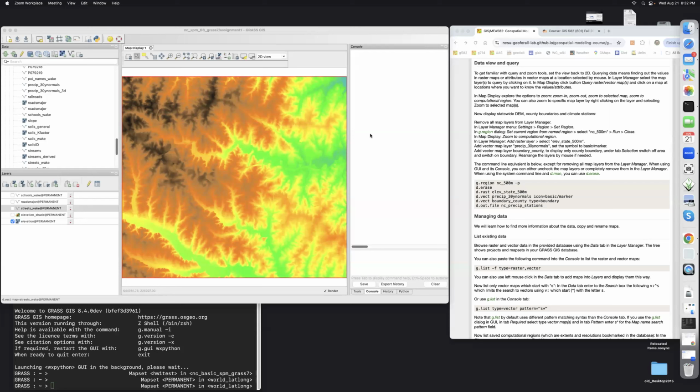In this video, we continue with basic operations in GRASS GIS. So let's now query data. To query data, that means to find the values or attributes at certain location, we select the layer that we want to query. So let's select elevation and then click on the query icon